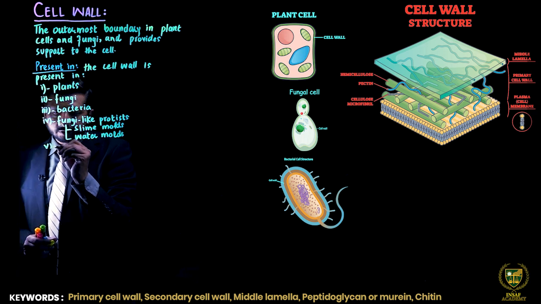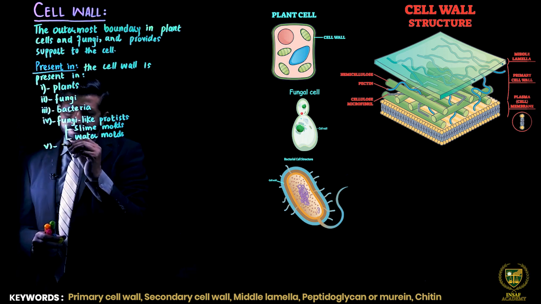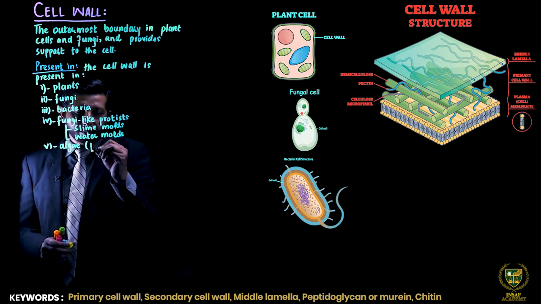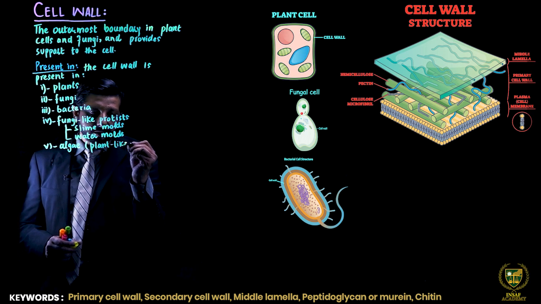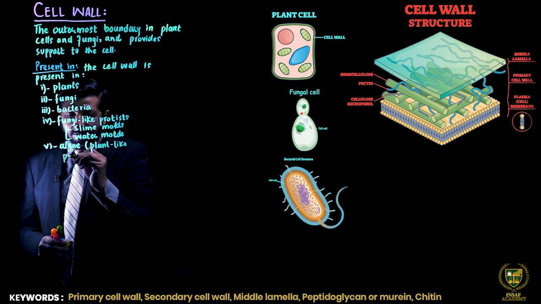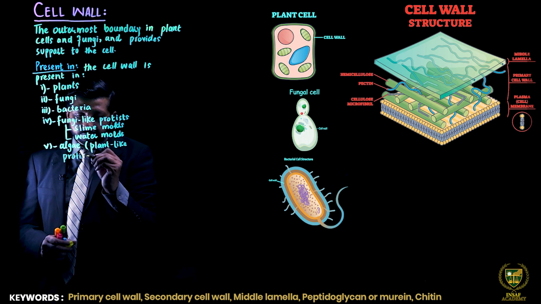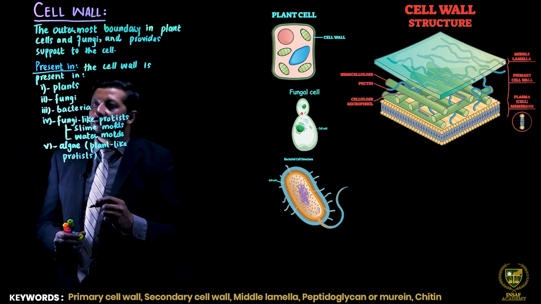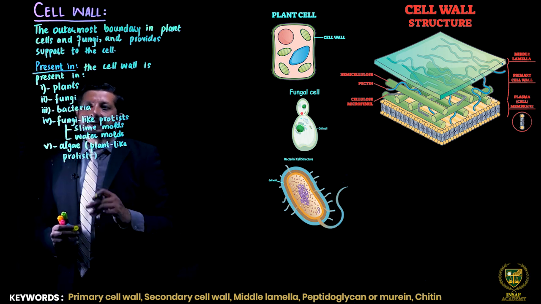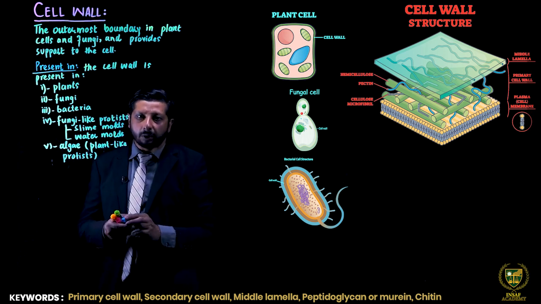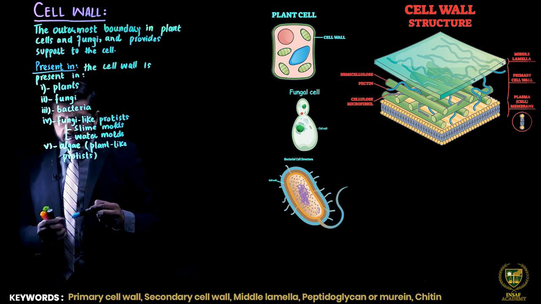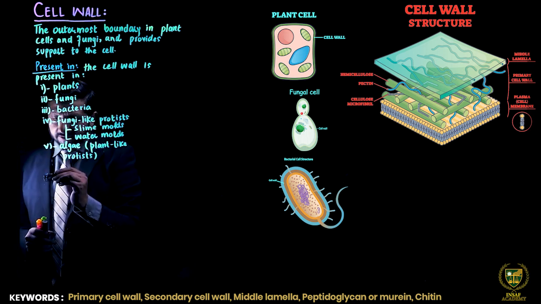Number 5, it is also present in algae, which are plant-like protists. So all these organisms, they possess the cell wall. Clear? And it is absent in